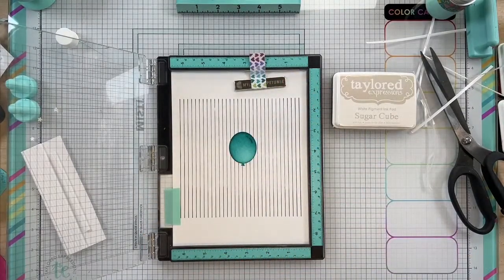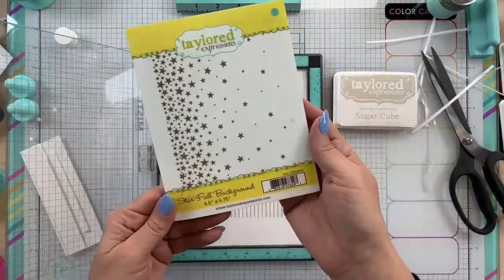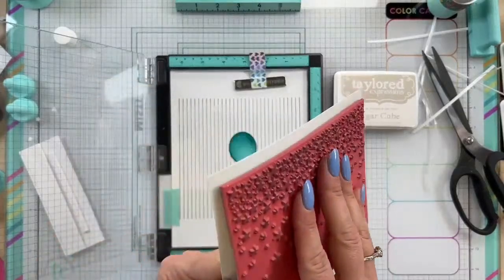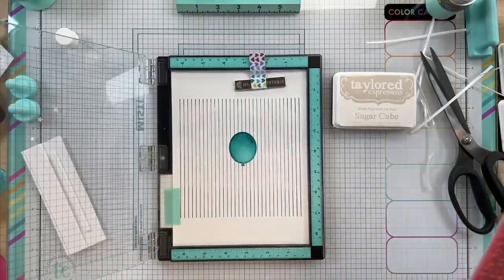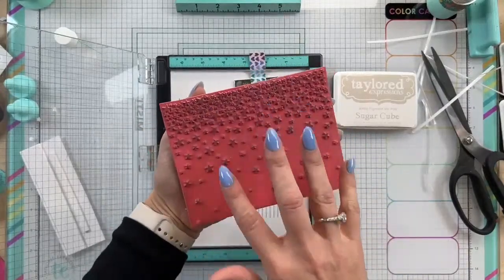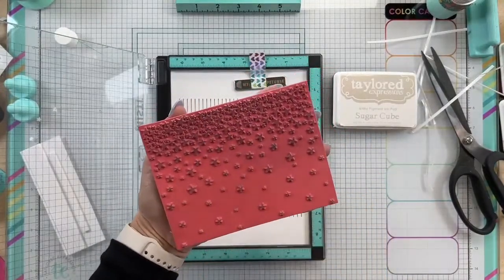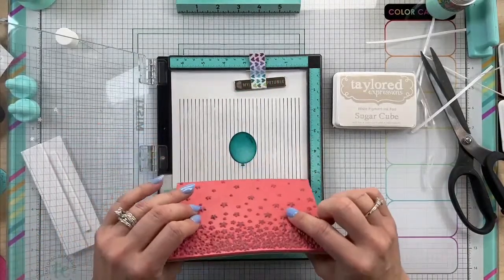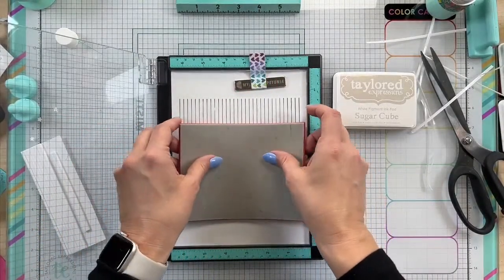And then we have another background stamp. This one is called Starfall. This one is one of our older stamps and still one of the ones that I use most often. So you can see the stars are in a falling pattern, so they're more concentrated at the top than the bottom. So I want to make sure that on my balloon, I am getting the stars kind of at the top